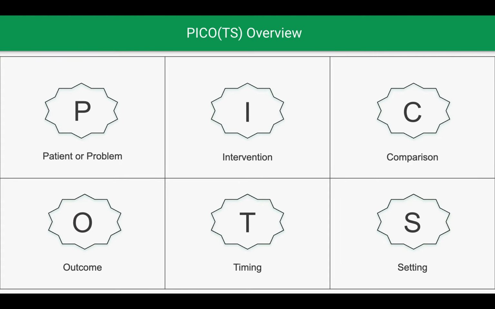So asking an effective research question is one of the first steps to completing your literature review. I'll be taking you through the steps of defining your PICO research question and will provide an example of this in practice. So as a reminder, PICO stands for P, population or problem, I for intervention, C is for comparison,